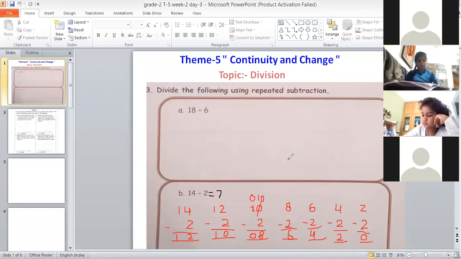Okay, now we'll do the next question. I want you all to open page number 9 of your math course book. Write date and classwork on page number 9. If there is anyone who has any doubt in this concept, please raise your hand, I'll explain again. After completing page number 9, we will do 2-3 more questions on this repeated subtraction, okay?